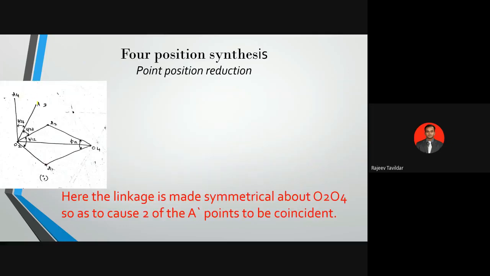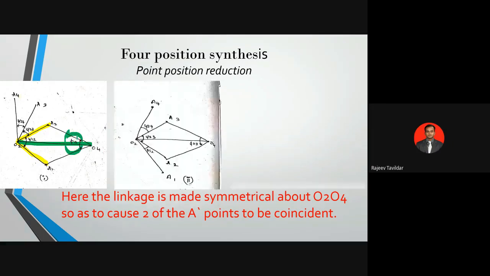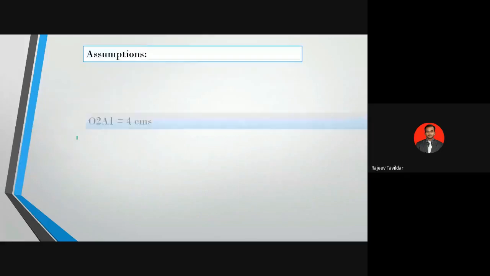Yeah, based on this diagram, the first assumption says that we need to bisect the angles O2, A2, and A1 with, I need to bisect this angle with O2, O4. Okay, and I can locate the point O4 by bisecting this angle. Okay, seems to be a tricky one. Let us see how to construct this.